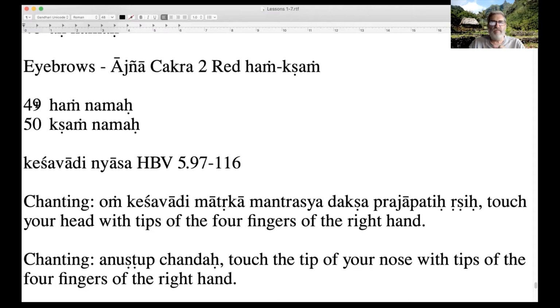So we have 2 types of Mantra Vinyasa. We have the external Mantra Vinyasa, and we have the internal Mantra Vinyasa. The external Mantra Vinyasa is done by touching near the places on the body as follows, and it's done 4 times. After that's done, we do the internal Mantra Vinyasa, which is a meditation on the Kundalini, on the different chakras, from the Muladhara chakra up to the Agya chakra, which is between the eyebrows.